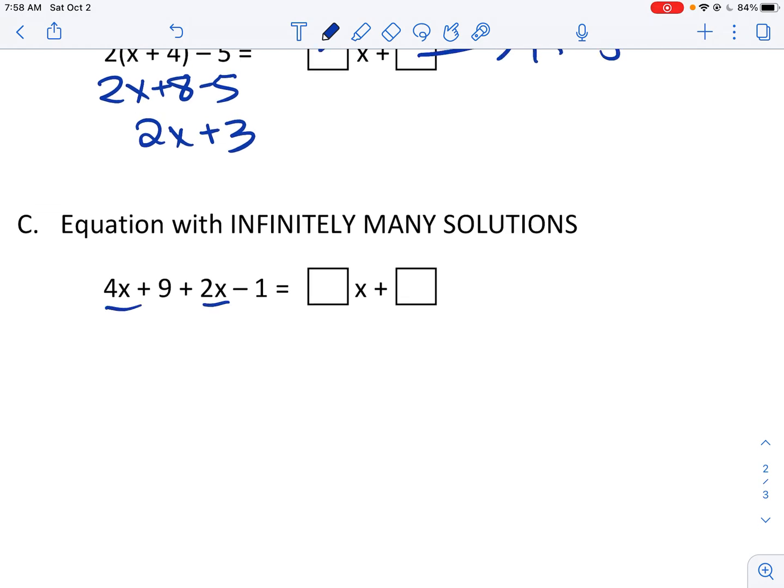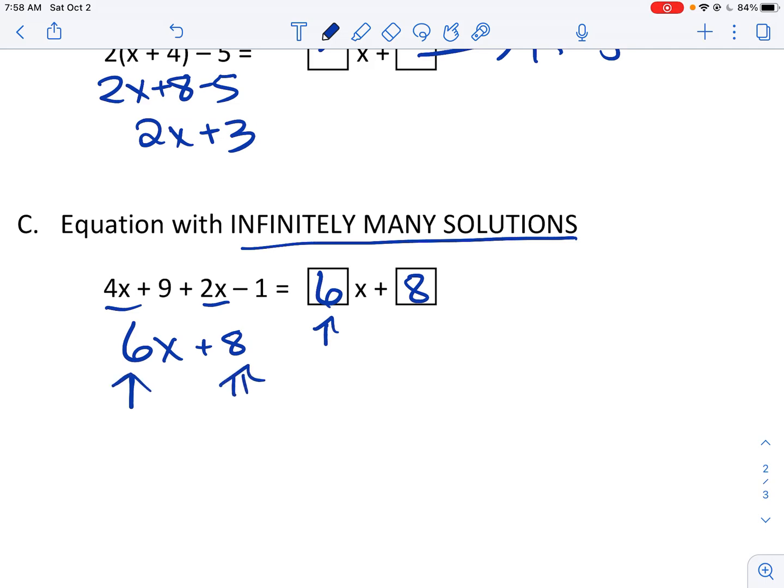Okay, infinitely many solutions. So combine 6x plus 8. Infinitely many says that the constant and the coefficient have to be the same. So the coefficients have to have the same number, and the constants have to have the same